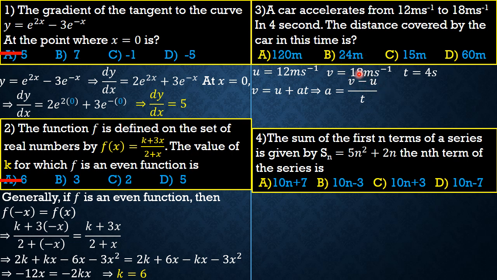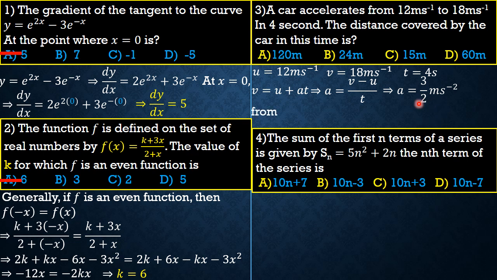Our v is 18, our u is 12. 18 minus 12, guys, is what? 6, right? Great. Then 6 over the time, which is 4, has a common factor. 2 can cancel, so we are going to have 3 over 2 meters per second squared. Keep in mind that acceleration is measured in meters per second squared. Great. That therefore implies, guys, since we have the exact value of the acceleration of the car, we can